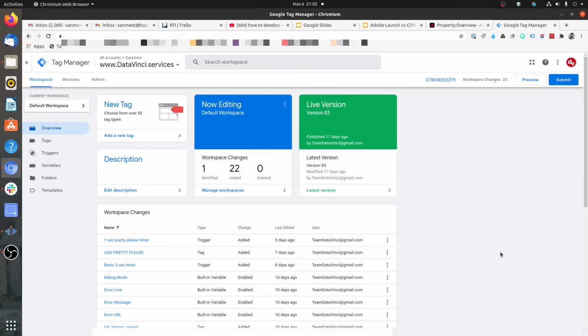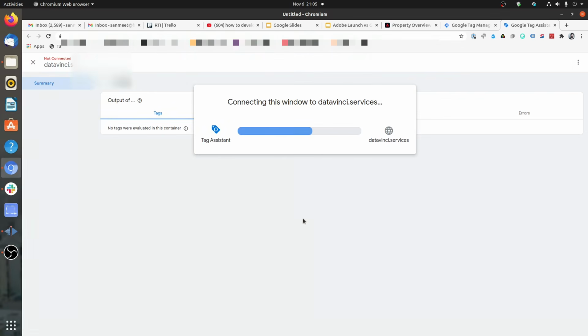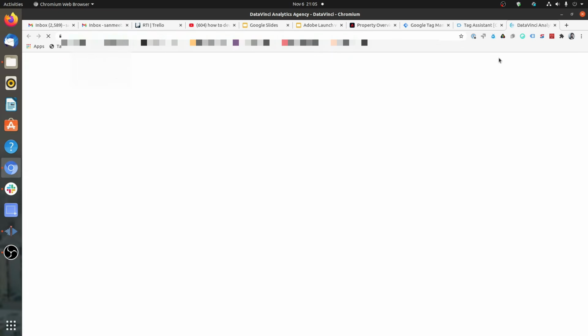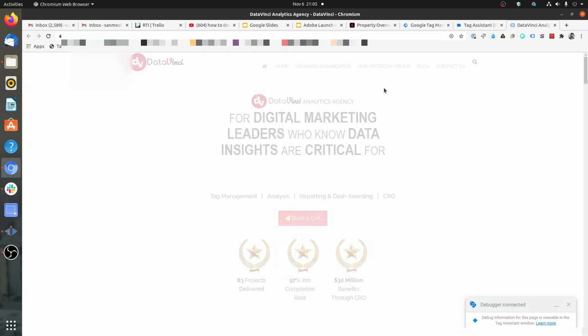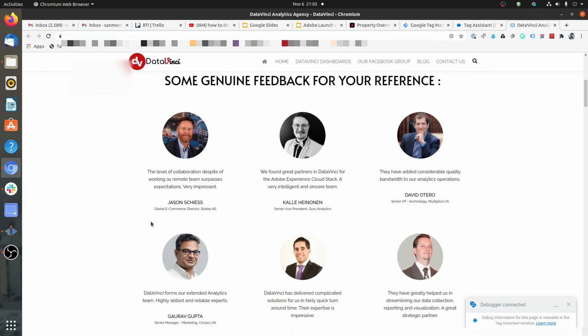Now the next item is something where Google Tag Manager, according to my personal preference, has a clear edge, which is the debugger, right? So in Google Tag Manager you clearly have the option to preview very easily. You just click on preview, it will open the debugger and it will open the site, and you can just see what is happening on the site based on the various actions that you're taking on the site, right? Most of you might be familiar with this, that when you go to the preview mode of GTM, and now whatever interactions you do,